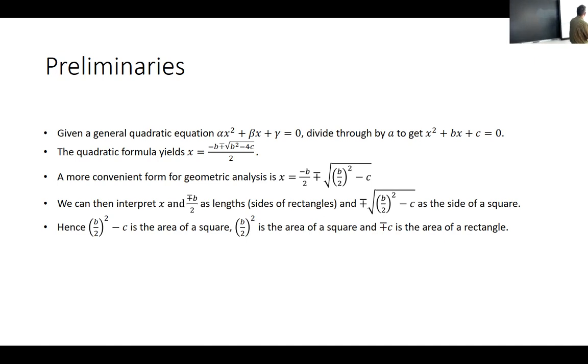One of the things that gets in the way of us is this dividing by 2. So we're just going to bring the 2 in, so it becomes minus b on 2. Putting dividing by 2 inside the square root means dividing by 4 inside there, so we get b on 2 squared minus c,